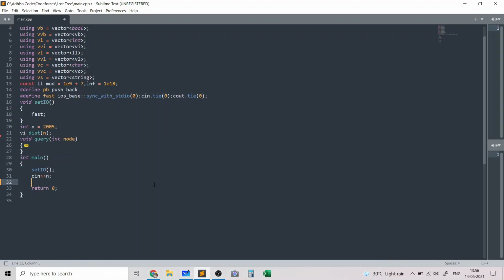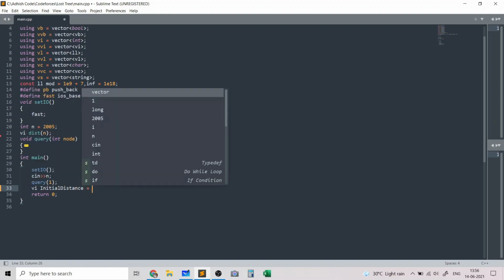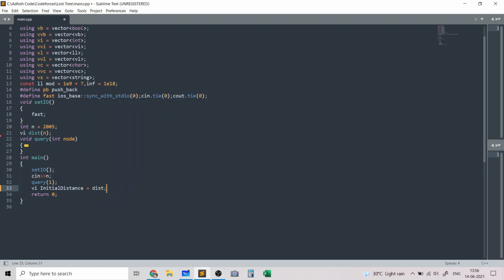And then I'll first call query of 1, and now I know that the initial distance array stores the distances from every node to node 1.